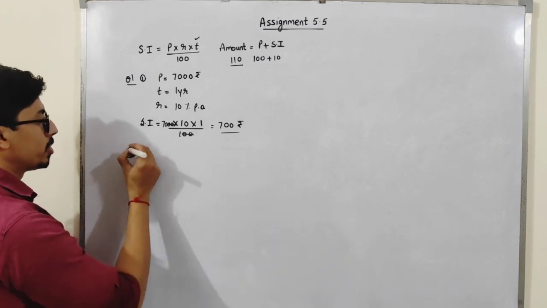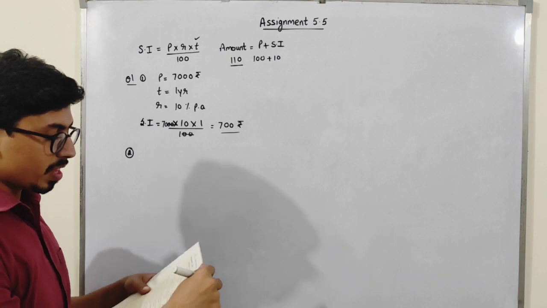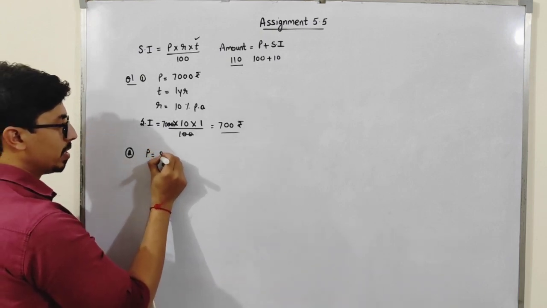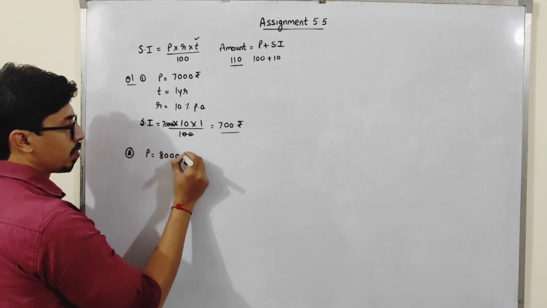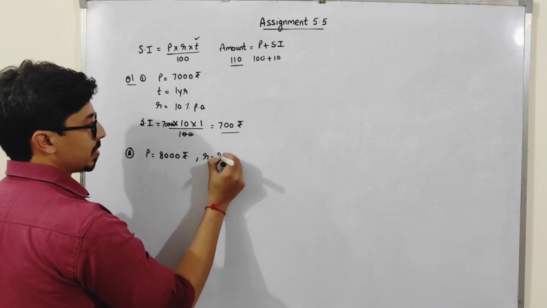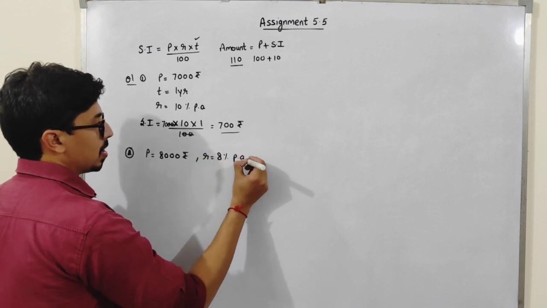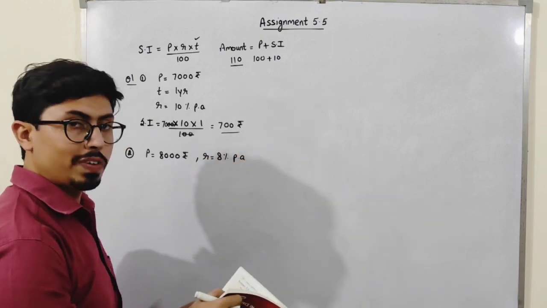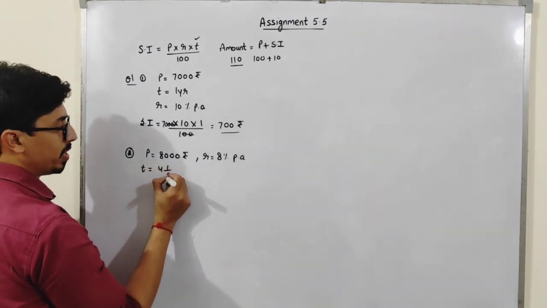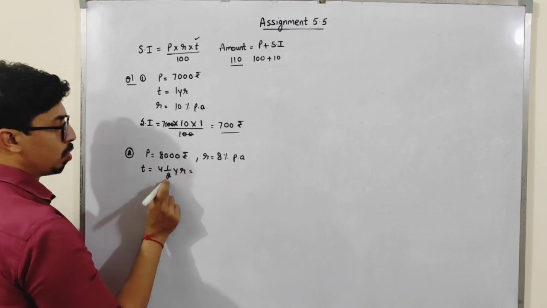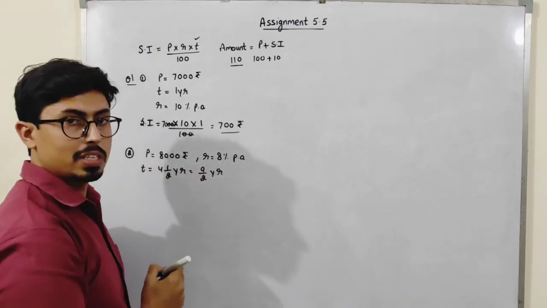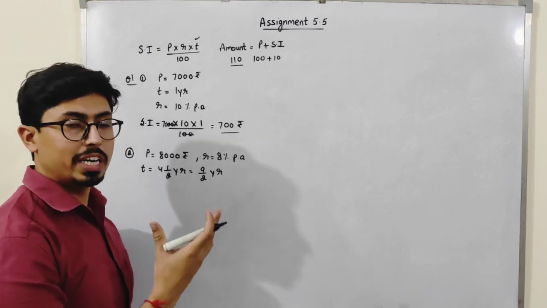So in the second question, students, what is given to us? Man borrowed how much? 8,000 rupees. So the principal is 8,000. Okay. At what rate? 8% per annum. Time is 4 and 1/2 years. That means 4 times 2 is 8 plus 1, 9/2 years. Okay, this is 9/2. I have to find out the amount that he has to pay.